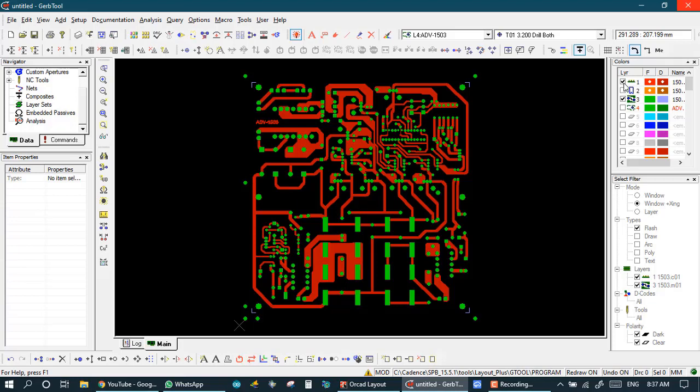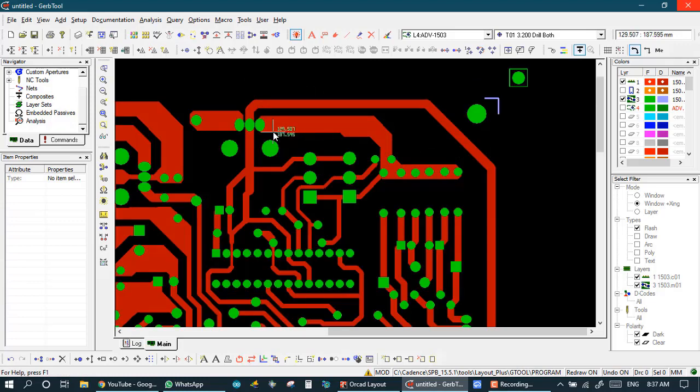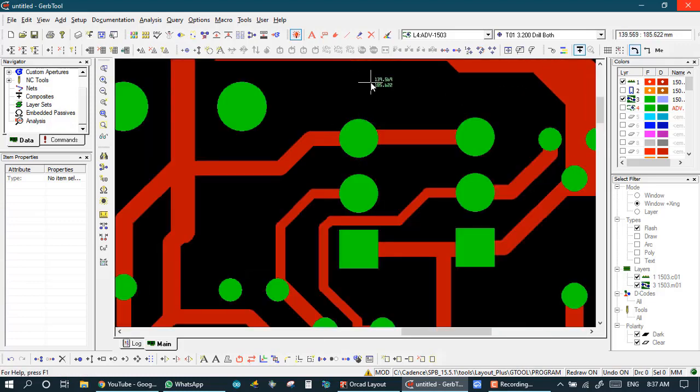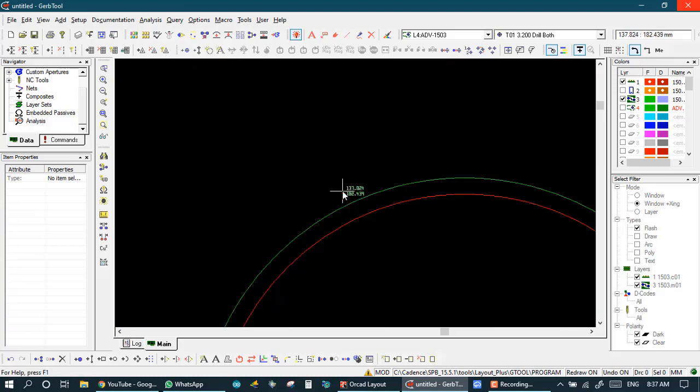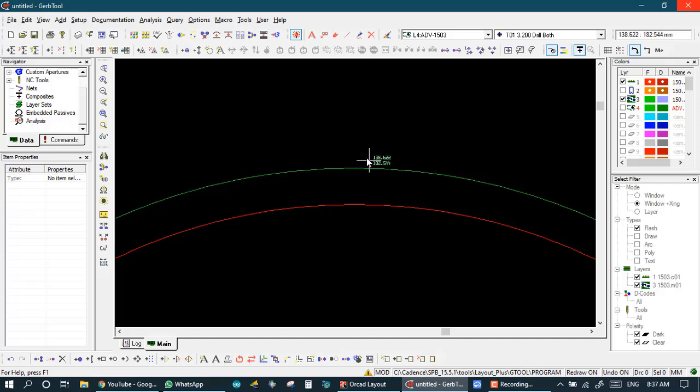First I see the difference between the top layer and the masking layer. It is not visible, so first I use this command to toggle sketch mode, which makes it transparent. I click on it. So now I show the difference in this. Our masking layer flash is larger as compared to the track layer.